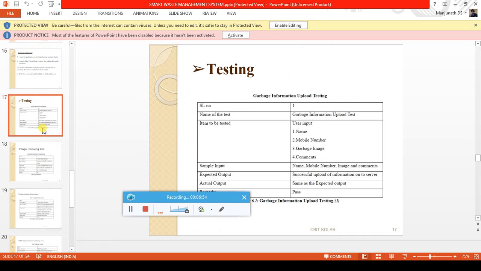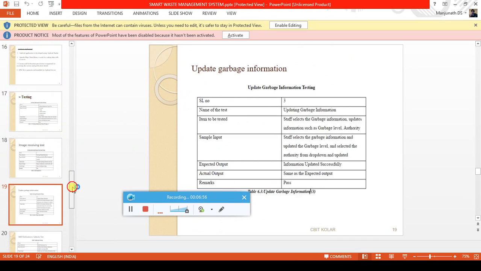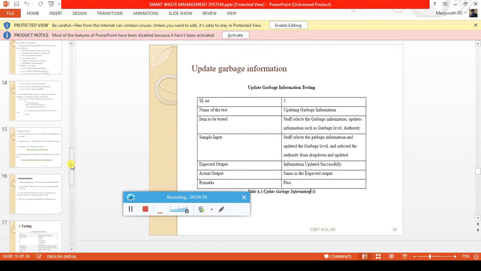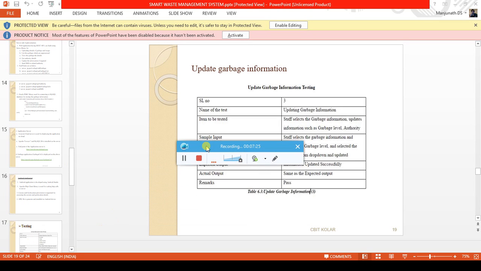If they ask how the Android application is developed, explain that you used Android Studio to create the screens and used an HTTP connection. When the submit button is clicked, the image data will be sent to the server, and the processing happens there. The details will be viewed by the staff, and when they want to send a notification, they select that one and send it. This explains the basics, so that should be fine.